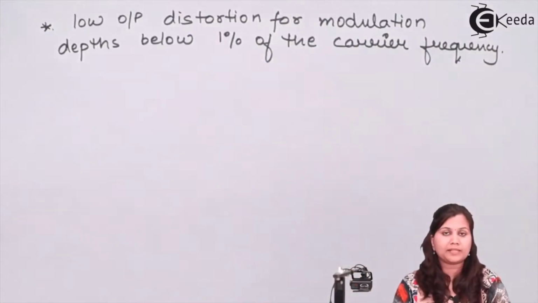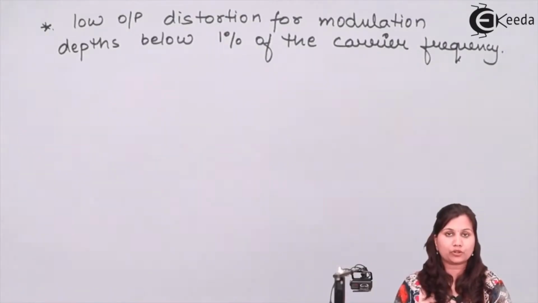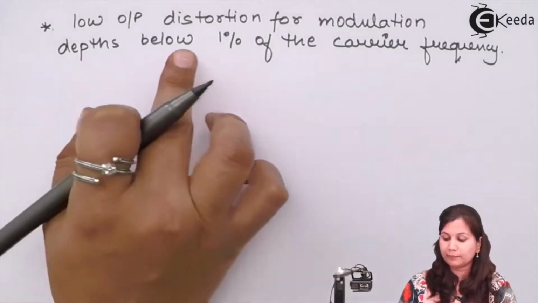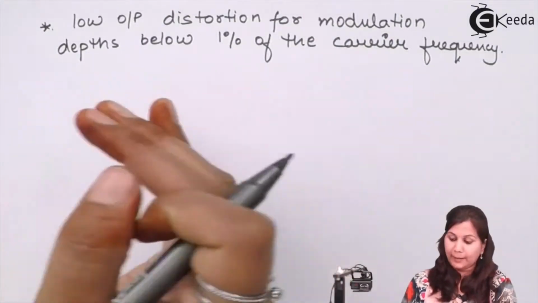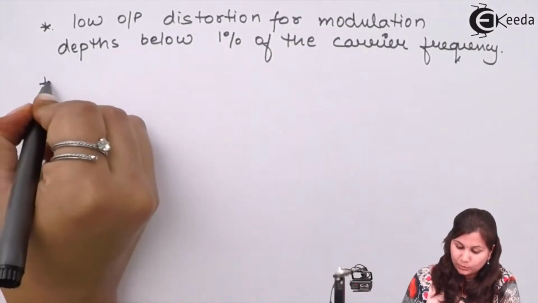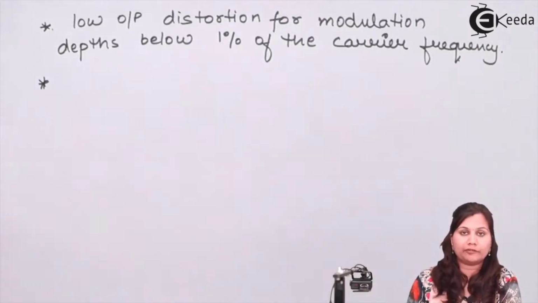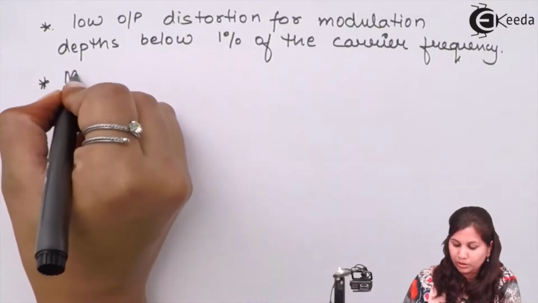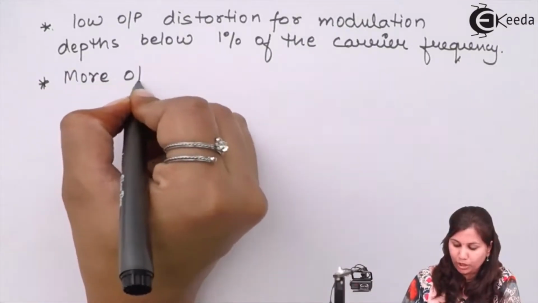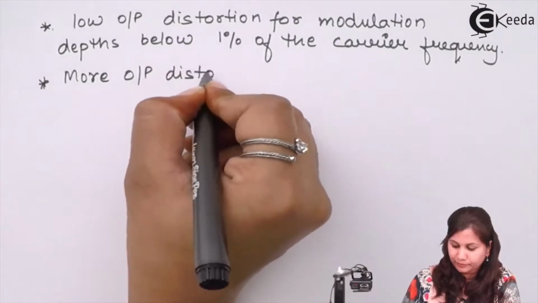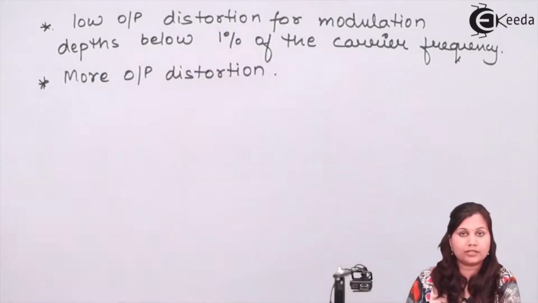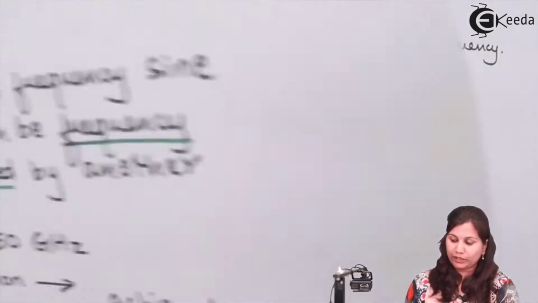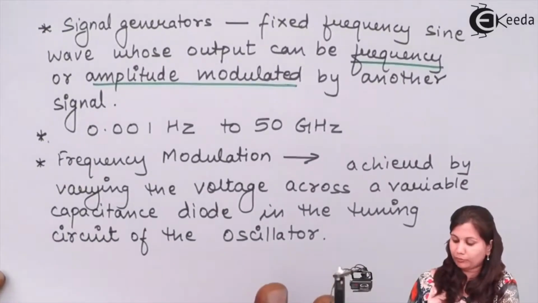This frequency modulation is going to produce distortion in the output waveform. This distortion will be low when the modulation depth is below 1% of the carrier frequency, but greater than this 1% value, frequency modulation is going to produce more output distortion in the signal generator. So during this frequency modulation, we are going to use some manual and automatic techniques,